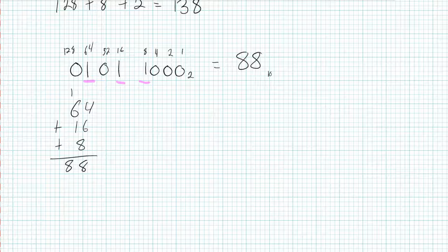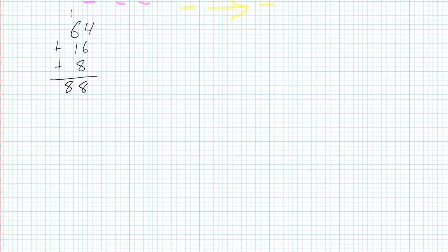At this point, I'm going to move into converting the other way. So this was binary, starting in base 2 and moving to base 10. Now we're going to do it the other way. We start with a decimal number and move to a binary number. I'm just going to give myself a little bit more space to work here. Let's take this last example we did, 88. So if we have a decimal number 88, so 88 base 10, and we want to convert it to a binary number, base 2,